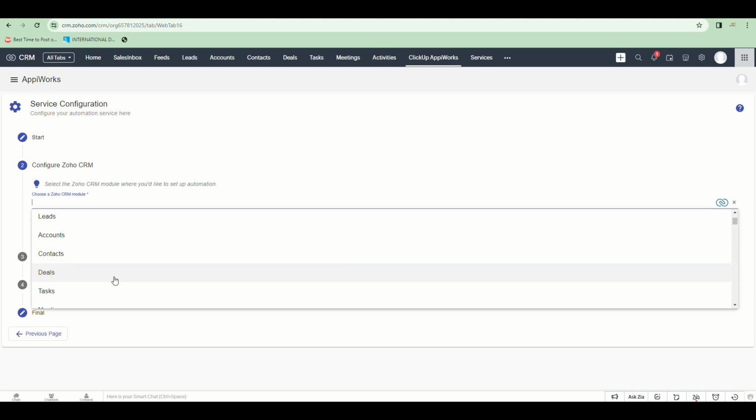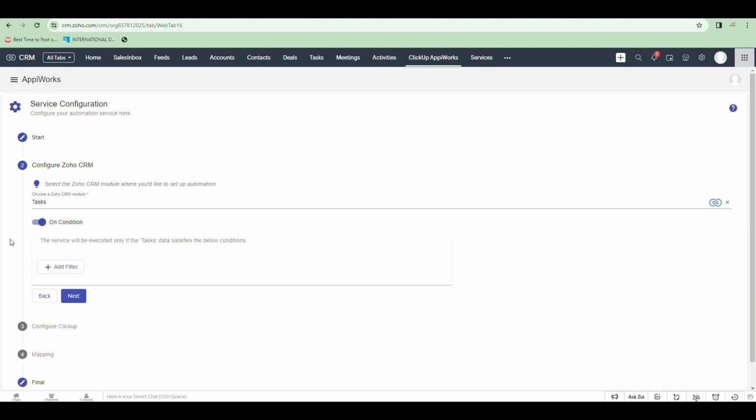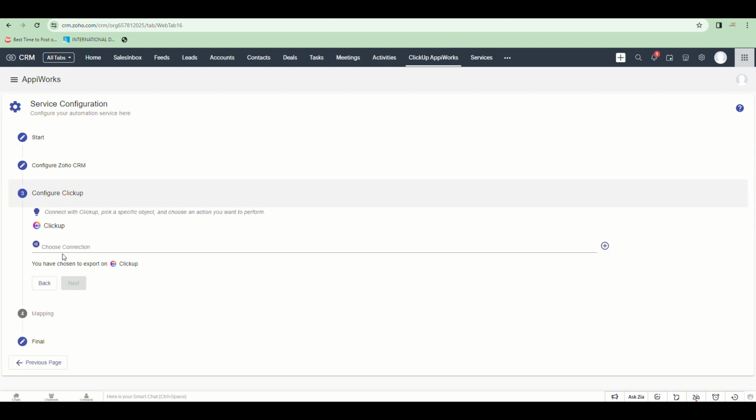Choose a Zoho CRM module, and now you can conditionally export data as per the filter that you provide, as shown here. In our case, only the tasks that are set to high priority are going to get exported. In the next step, you can either choose from an existing connection